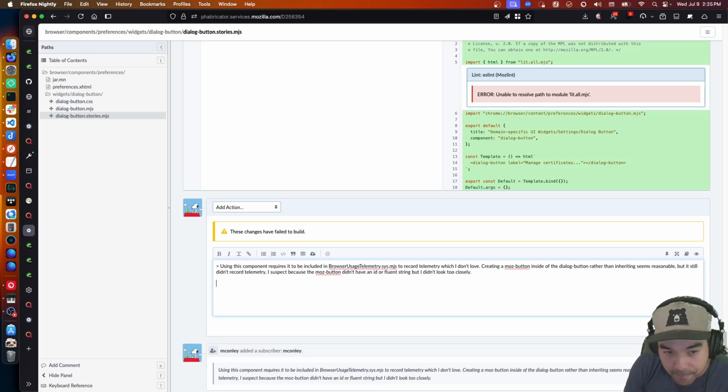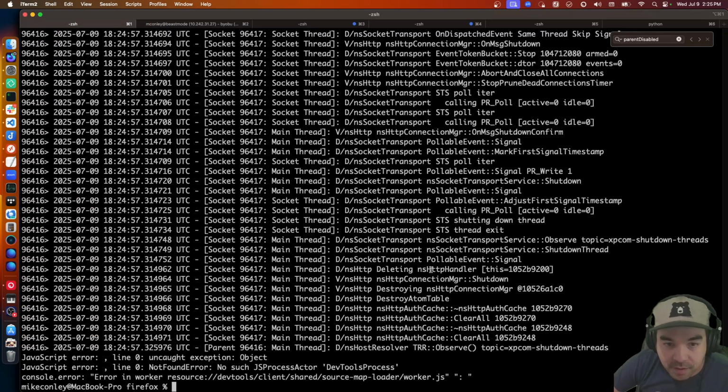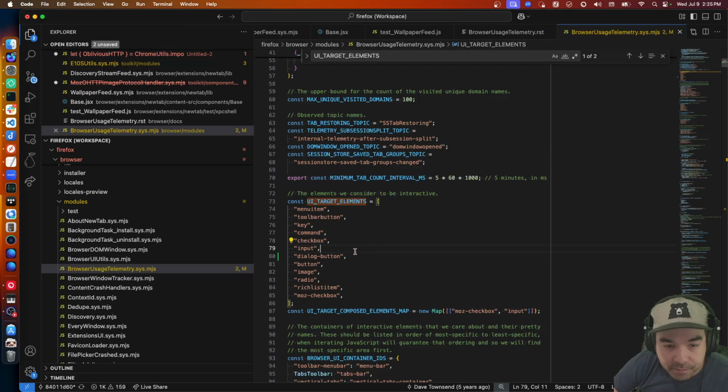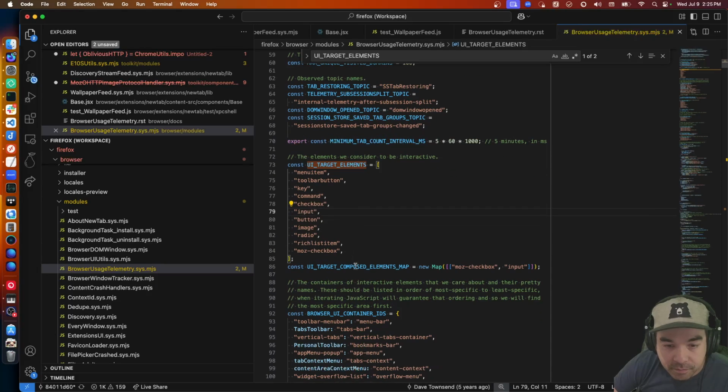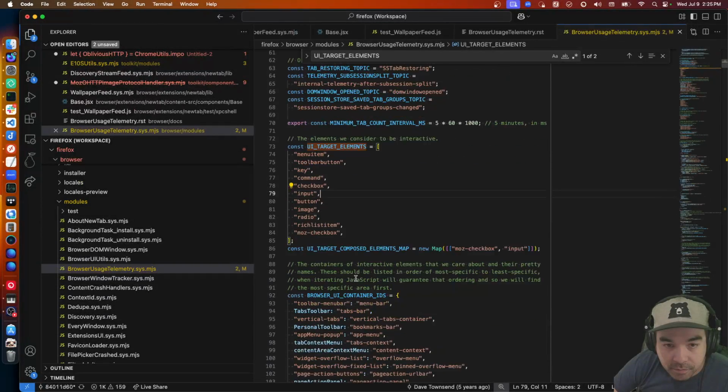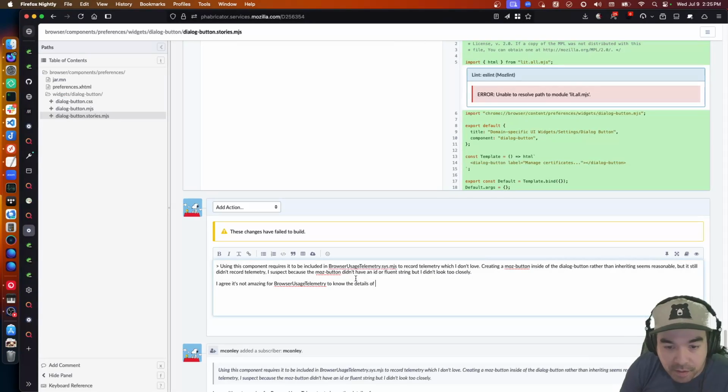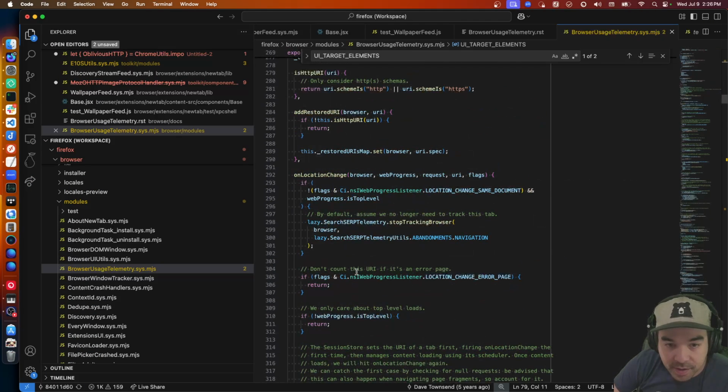But I agree, it's not amazing for browser usage telemetry to know the details of the widget tree inside of about preferences. However, browser usage telemetry